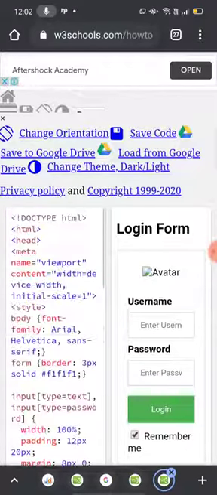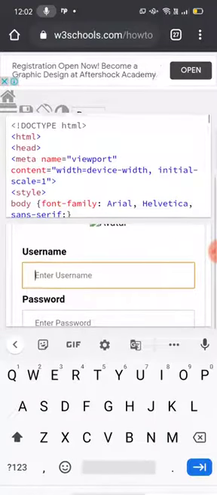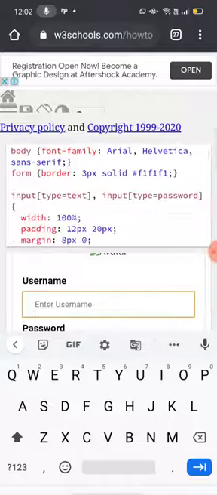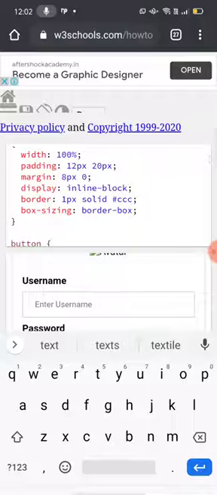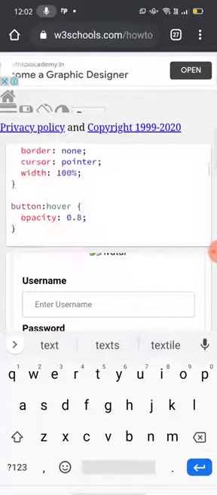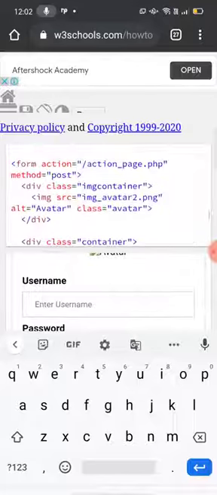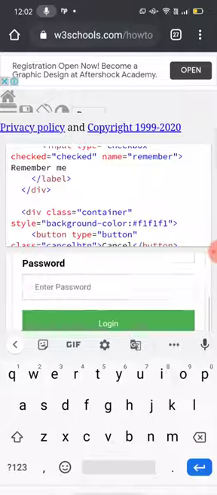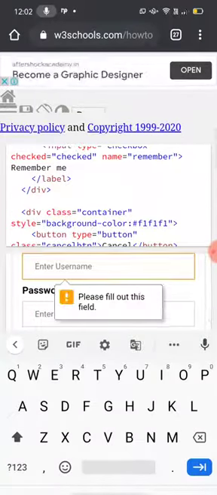Coding is given for this input of your username. You have written a heading. You have given input type equal to text. This one, okay. If you are not writing anything and you try to log in, it says please fill out this field.